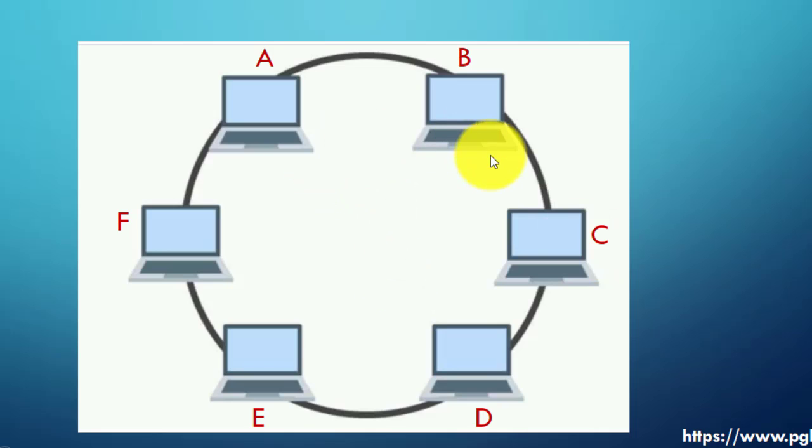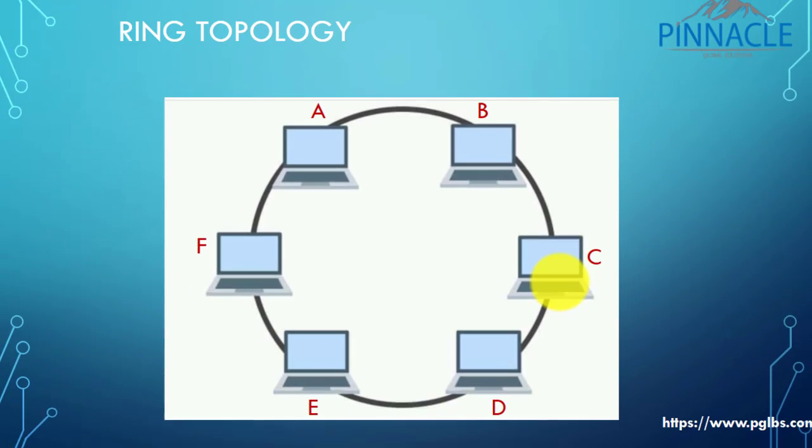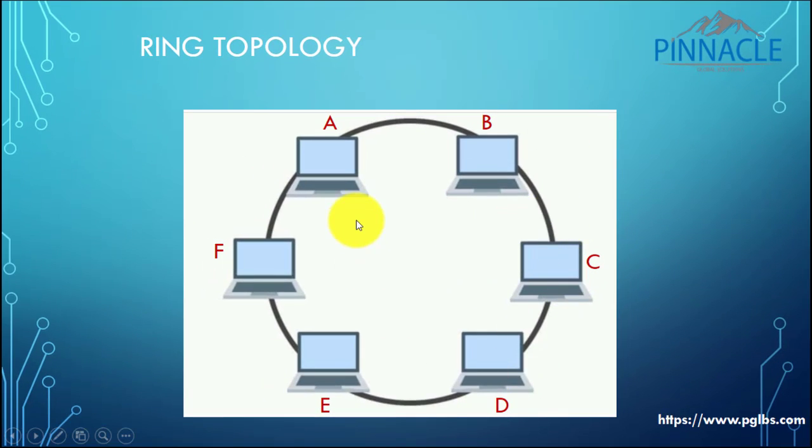So from A, the data would transfer to C. So what happens? The data transfers from A to B. Now B would receive that particular data and identify that the data doesn't belong to B. So B would have a repeater which will forward the data to C. So like this, every computer system would have repeaters which keep on forwarding the data until it reaches